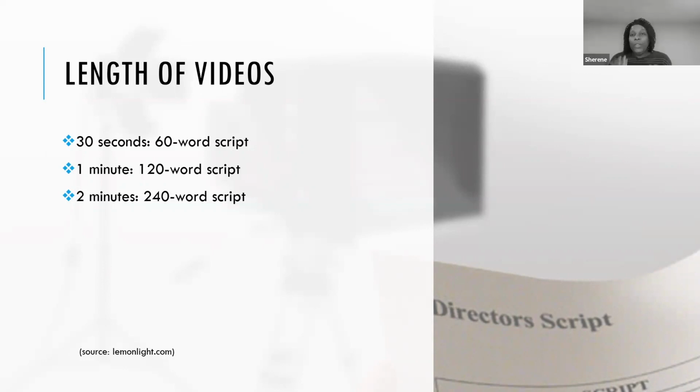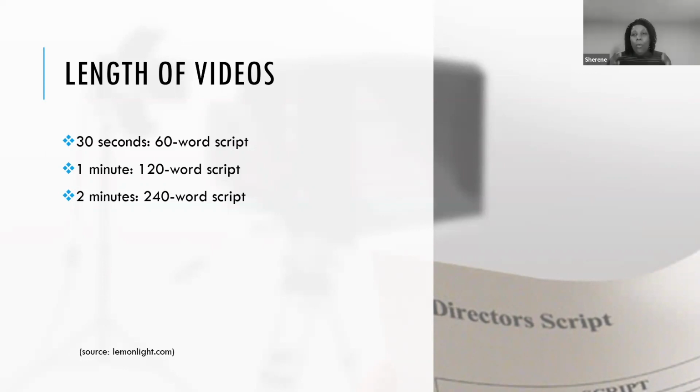But for you, with these quick videos that we want to distribute and have ready for the church, the guideline, according to my sources at lemonlight.com, is that on average a person's attention span may not be more than 60 seconds. So if that's the case, you could probably get away with 30 seconds to 2 minutes to hold a person. Therefore, you want to make sure that your videos or your content is simple and short and gets the message across effectively. So keep those numbers in range. If you have 60 words, you're at about 30 seconds, and a minute is roughly 120 words, and so on and so forth.